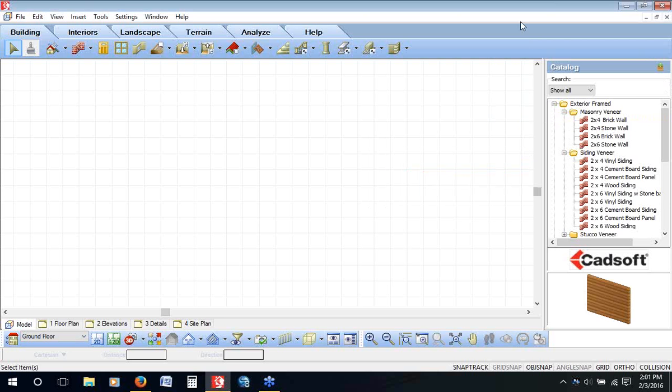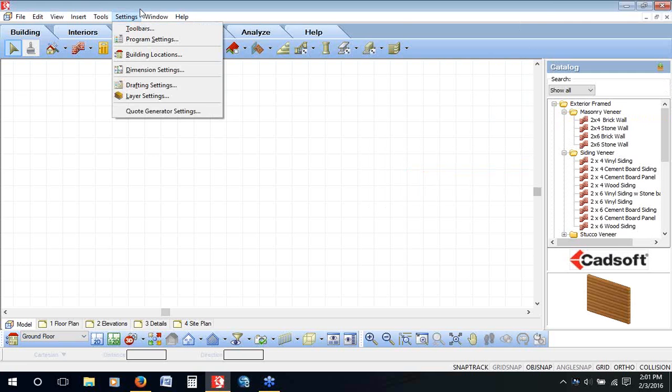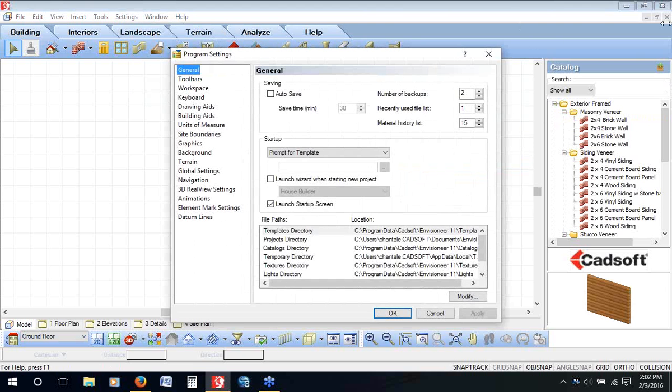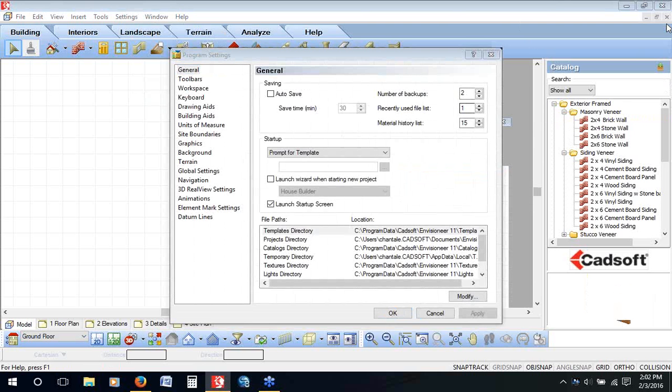Before we get into any kind of drawing with the software or doing any kind of elements and looking at inserting them, I want to get a really good background knowledge for everyone here on how the software works and all of the various settings in the software that can help you draw accurately. So I'm going to start off our lesson by going directly up to the Settings pull-down menu. Under the Settings pull-down menu, I'm going to select Program Settings. So Settings, Program Settings. This is the dialog box that I like to refer to as the brains behind our software. This is where it's going to look in the background before you do anything so it can do it